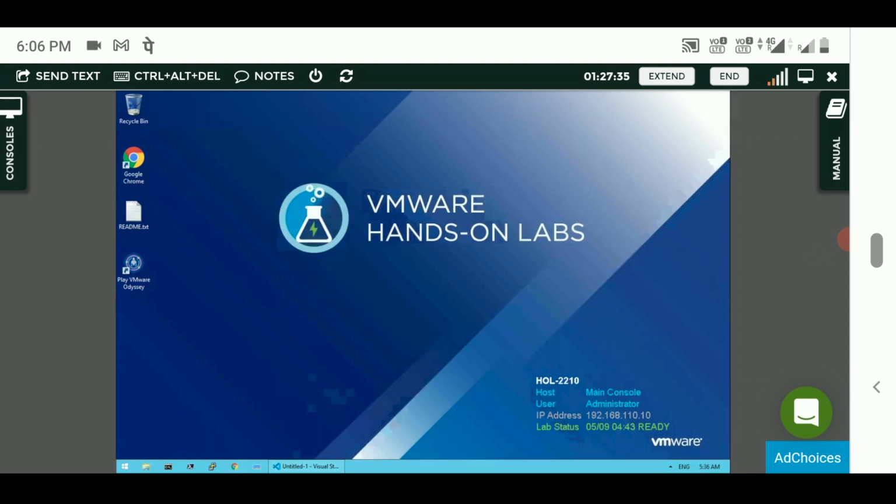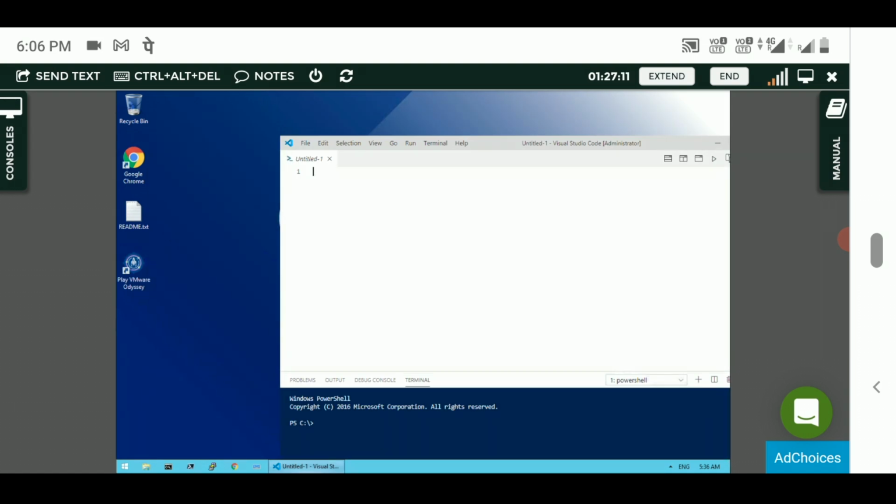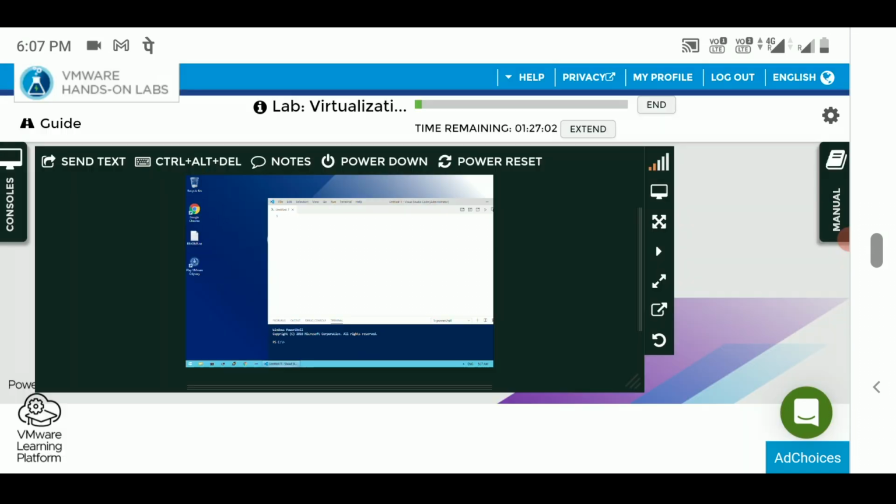And you will find Google Chrome here, and even a game called VMware Odyssey. So you can also run this game and play, and with Visual Studio Code you can practice your coding questions. Okay, I hope you guys like this video, and there are different types of cloud computers also available in it. If you want to close this one, simply click on this cross.